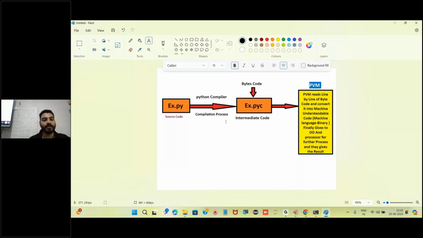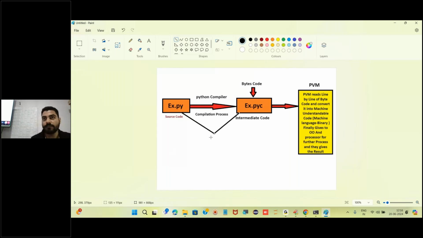Okay, now tell me, what is the interpretation process? Also, let me explain one more thing. Whatever it is going to read, it is going to read line by line of code. It reads line by line.